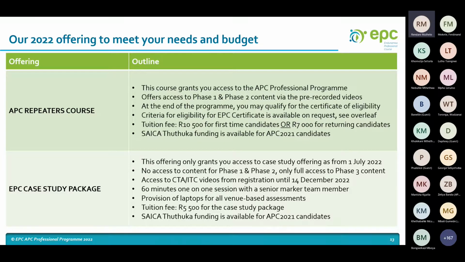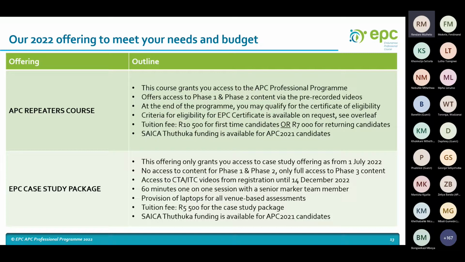So 7,000 is for candidates that were with EPC in 2021 or 2020, and anyone who's registering with EPC for the very first time, it is going to be 10,500. So we've been engaging with SAICAM, and they informed us that they've sent out communication through employers as well as directly to the candidates that sat for APC 2021, that they will be funding up to 7,000 of the tuition. And what it therefore means is that if you meet the qualifying criteria that they've set out,